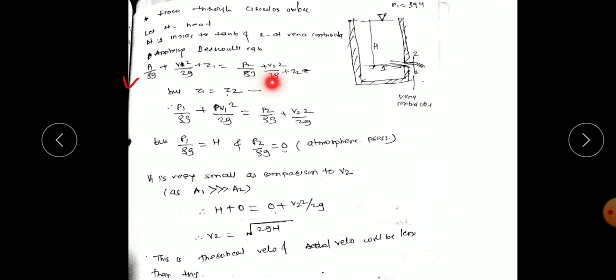So we can see in the expression again this orifice works on the principle of Bernoulli's equation. So applying Bernoulli's equation, P1 by rho g plus V1 square by 2g plus Z1 is equal to P2 by rho g plus V2 square by 2g plus Z2. But at this orifice we consider both the points at the same elevation. So Z1 is equal to Z2, so this will be cancelled out. So remaining is this term.